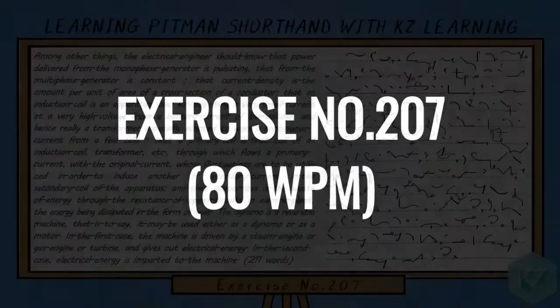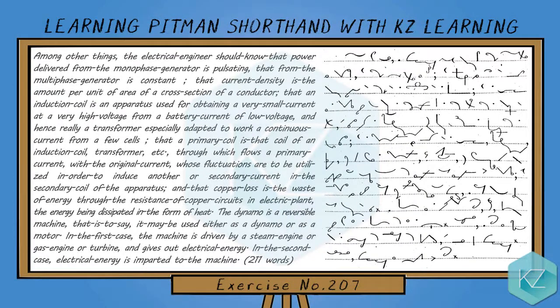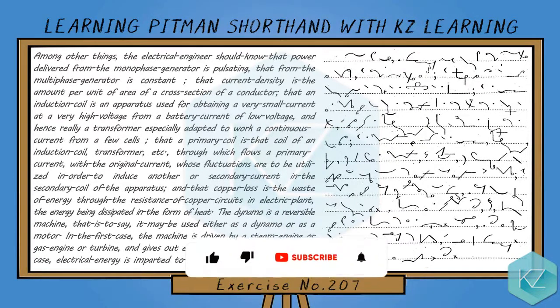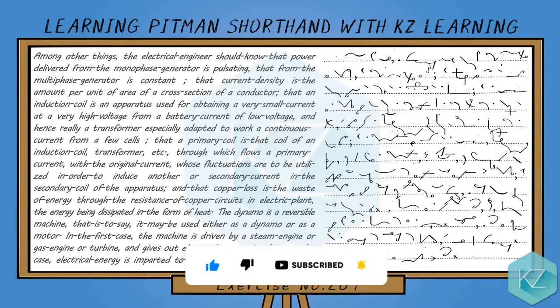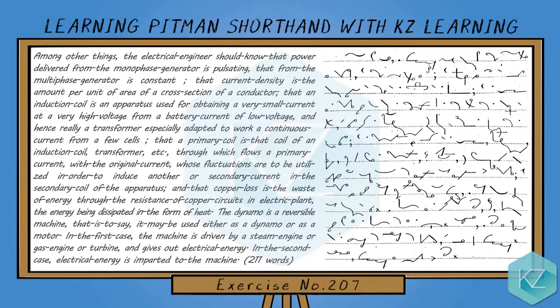Exercise number 207. Among other things, the electrical engineer should know that power delivered from the monophase generator is pulsating, that from the multiphase generator is constant, that current density is the amount of current per unit of area of a cross section of a conductor, that an induction coil is an apparatus used for obtaining a very small current